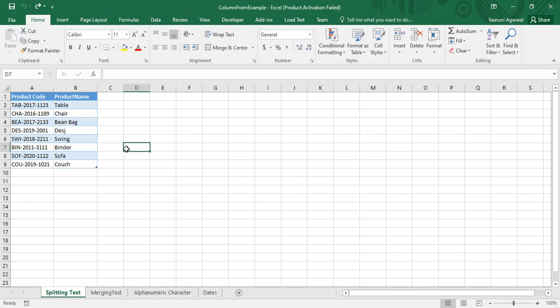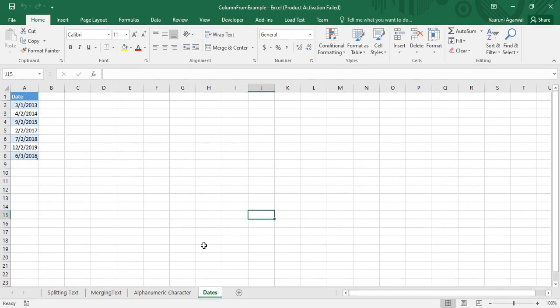So let us see how we can actually work with Power BI. The name of the workbook is column from example. This is our sample data in which we are going to split this data into multiple things. This is one table, and the second table is in this dates sheet where we have this date, and we are going to see what operations can be performed over the date data. What operations can be performed through Power Query we have already seen, but let us see this example in which we do not want to use Power Query. We do not want to apply any date functions. We can simply provide the pattern, and Power BI will do all the things for itself.